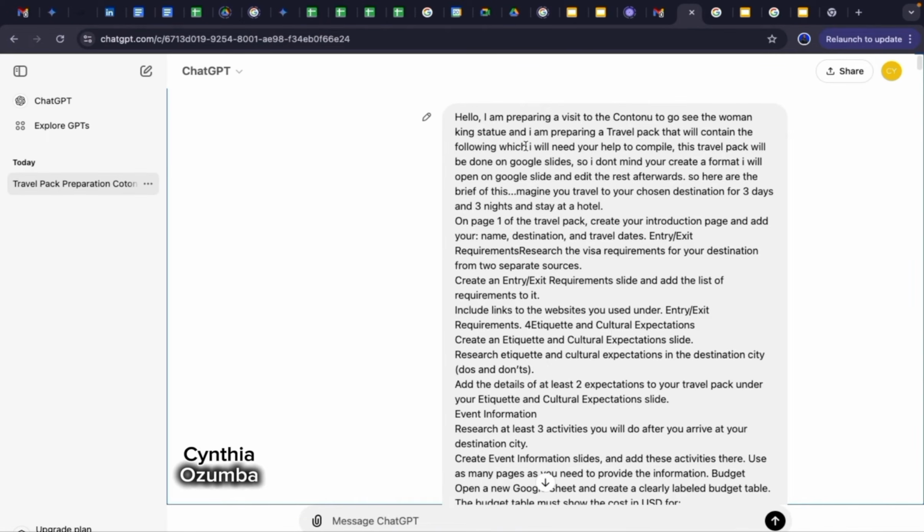See, this is my prompt. I say, hello, I'm preparing a visit to Cotonou. You might see a little bit of typo errors here. Pardon me, I was typing this on the spot, but I just want to show you that this thing really works. It works real time. So I said, hello, I'm preparing a visit to Cotonou to get to the Woman King statue, and I'm preparing a travel pack that will contain the following, which I will need your help to compile. This travel pack will be done on Google Slides, so I don't mind if you create a format I will open on Google Slides and edit the rest afterwards. So here is the brief of this